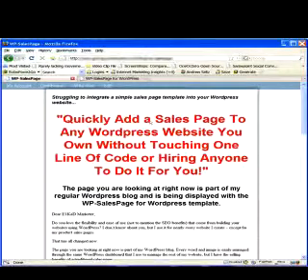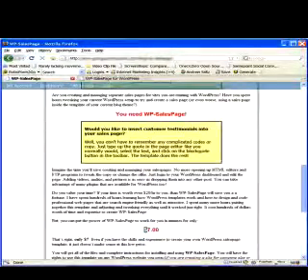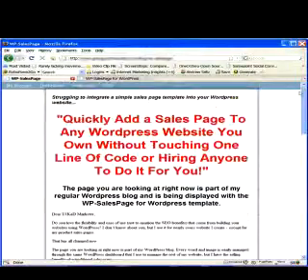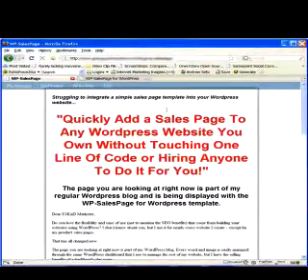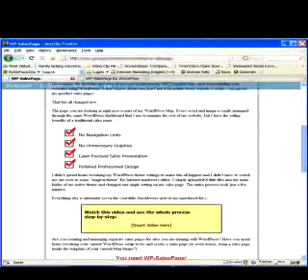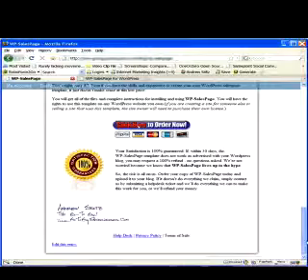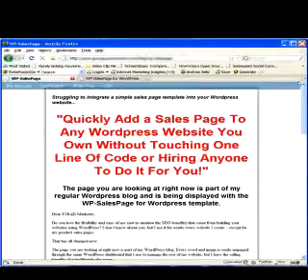Now this is being managed through WordPress. It's part of my blog, and I don't have to go outside of WordPress to manage it. But I've stripped out all of the non-sales page items like navigation and links to other content and things like that, and replaced it with a simple, straightforward sales page. Now if you want to go in